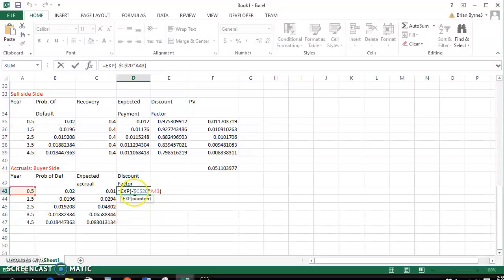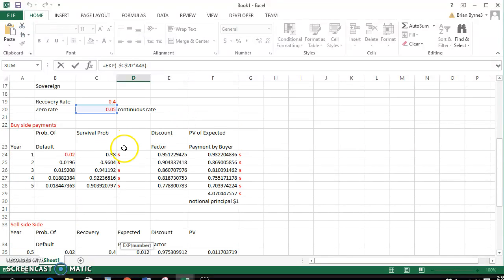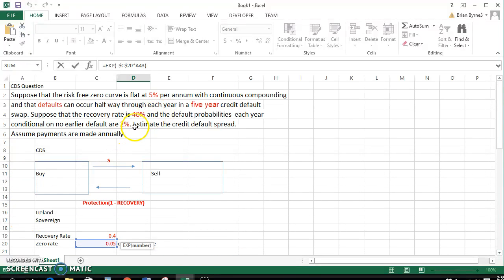We have to take into account time value of money, and again the object of this exercise is to determine what the value of S is. Let's go back to our question. Estimate the credit default swap spread. Okay, so we really want to